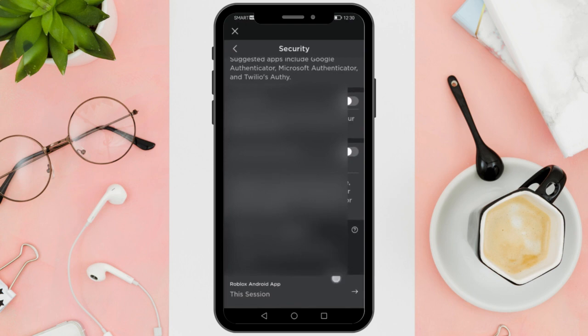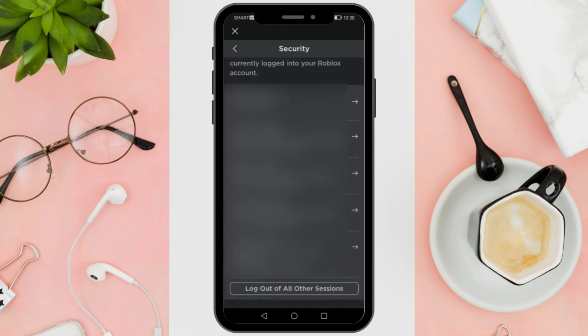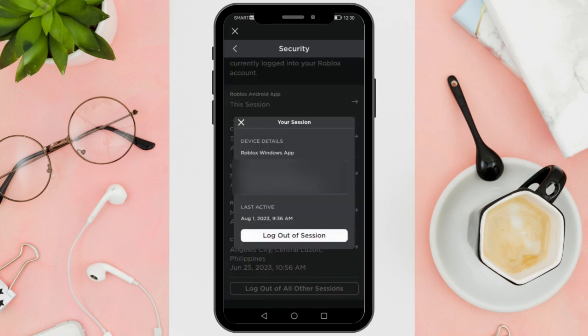And as you can see, it then says when you are logged in. These are all the devices you are currently logged into your Roblox account. So, if you see a location you don't recognize, what you should do is click on it like this, and then what you can do is go and tap on Log Out of Session, and that will remove that one